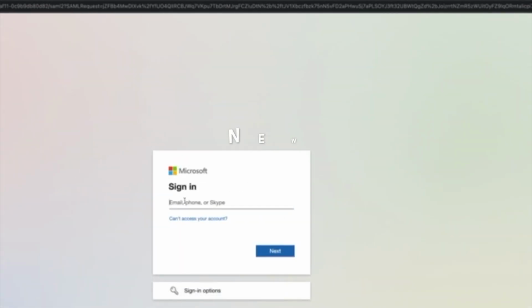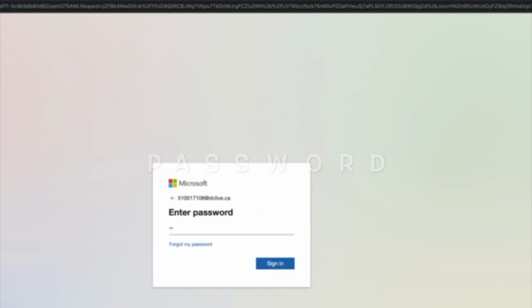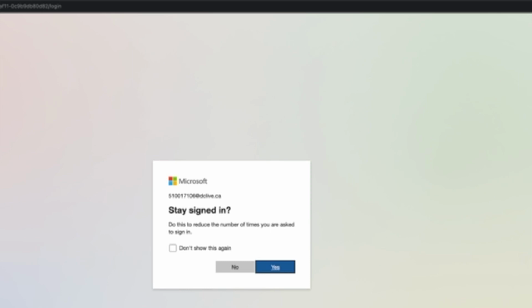It asks us for our email, the new one we got. Put it in. Get at dclive.ca. And that special number you got. Next, what's my password? What you were given. Okay. Now, if you're having problems with that password, make sure that it's not a number or a letter. Some of those zeros and letter O's get mixed up. So try around with that in case you don't get in.